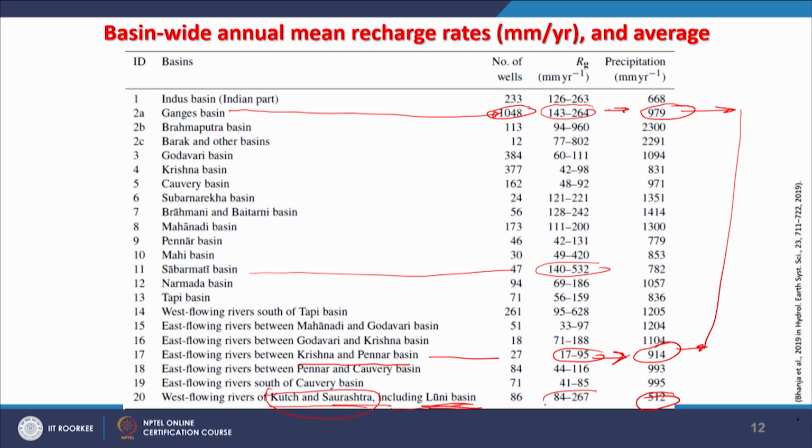See, the recharge rate is not bad, but the rainfall is less, does not matter. Even with 512 millimeter per year annual average rainfall, we can still recharge the groundwater regime, and it has been done in the case of Gujarat. So, whatever water is available through precipitation or rainfall during monsoon, if the maximum amount of water can be put in the subsurface to the groundwater recharge regime or aquifers, it would be